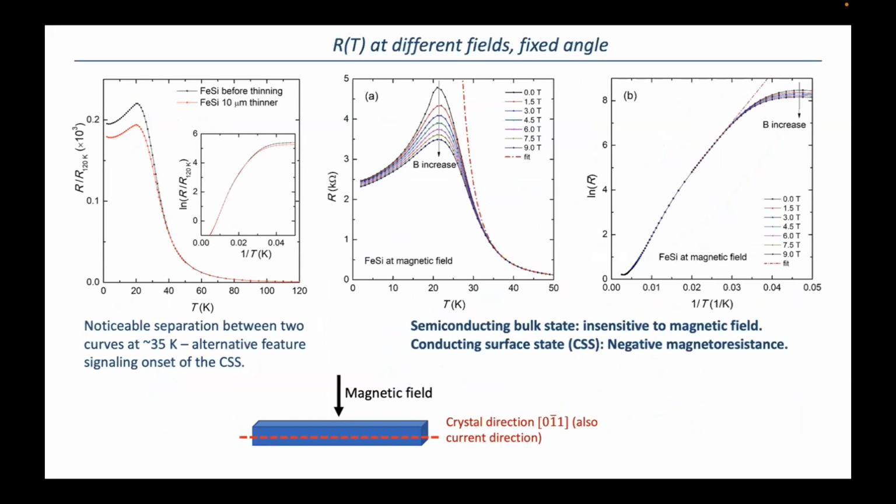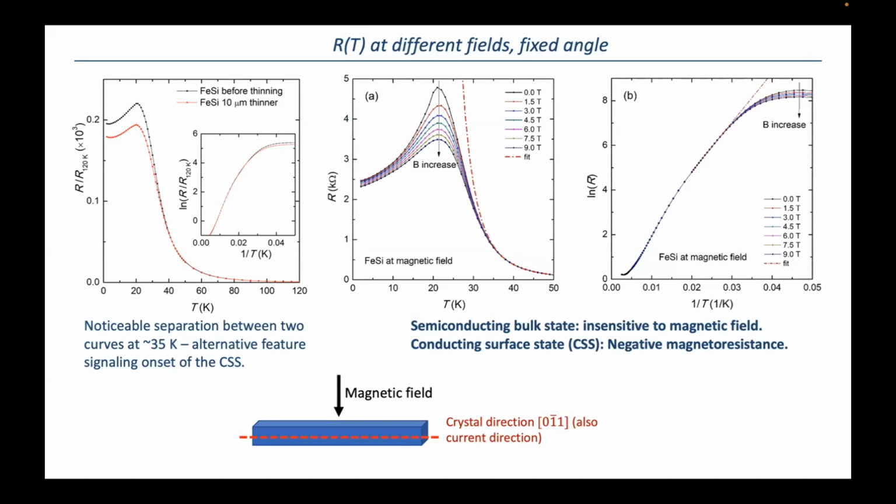Okay, so we wanted to look into this further, as I said, with magnetic fields and pressure. I'll come to the pressure in the end. But in the left-hand figure, this is reduced resistivity versus temperature. Again, it's similar to what I showed you for different samples. In this case, it's the same sample that's been thinned. And so you see the drop in the resistivity. And you also see the separation between the normal state behavior and the contribution from the surface state, suggesting that the onset of the surface state could be at a higher temperature than 19 Kelvin, maybe of the order